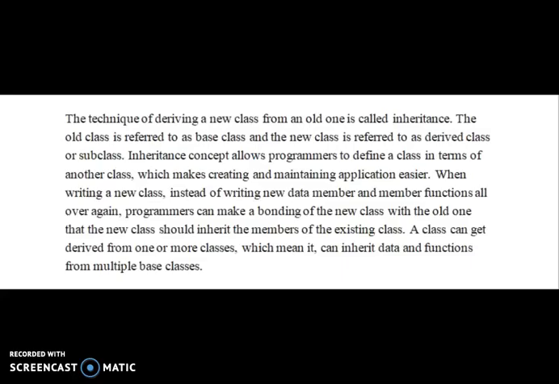The technique of deriving a new class from an old one is called inheritance. The old class is referred to as the base class, and the new class is referred to as the derived class or subclass. The inheritance concept allows the programmer to define a class in terms of another class, which makes creating and maintaining the application easier. When creating a new class, instead of writing new data members and member functions all over again,